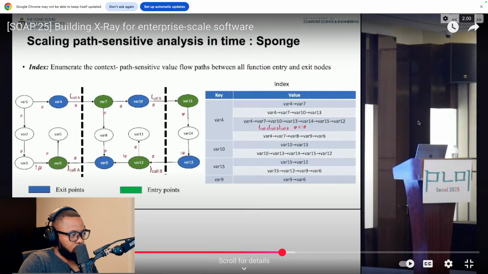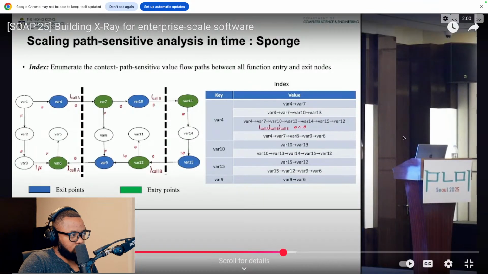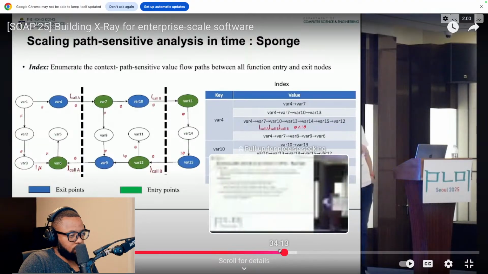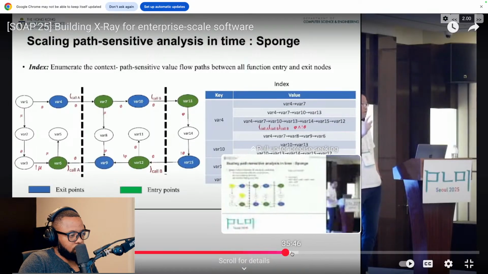So these different colors represent the entry points and the exit points of these function summaries that we built. The summaries are similar to the ones that I just talked about before. Then from that, we compute the value flow paths. So for example, there's an entry point to a function. Let's compute all possible paths that can come back. Okay? Of course, possible means that they have to